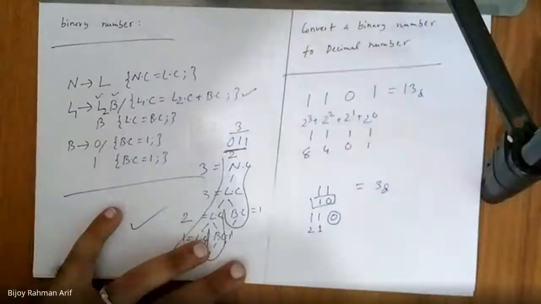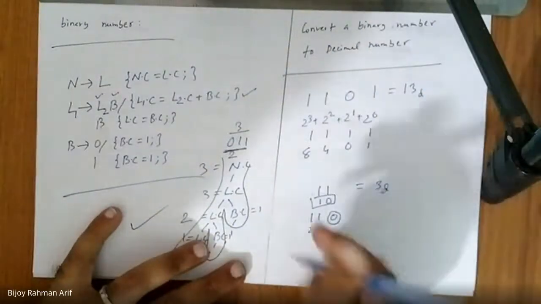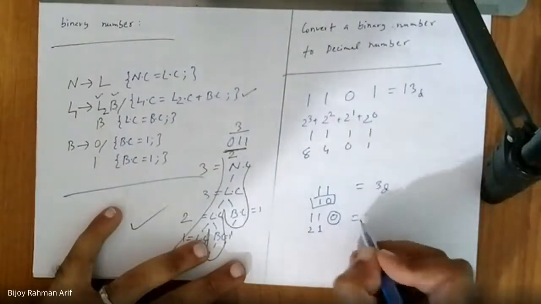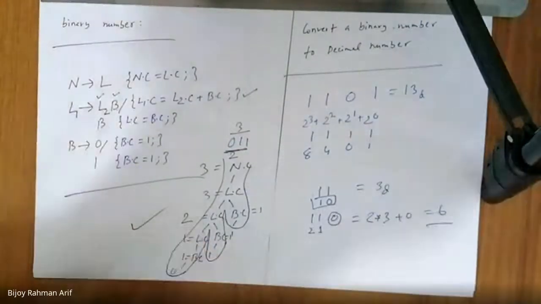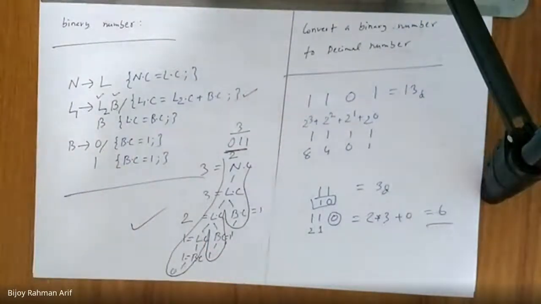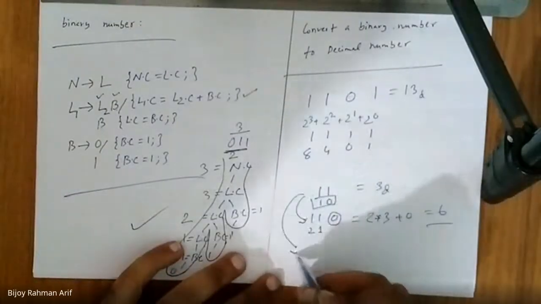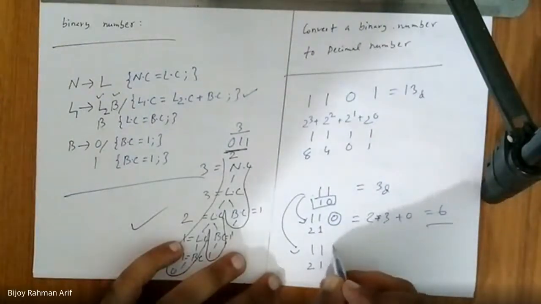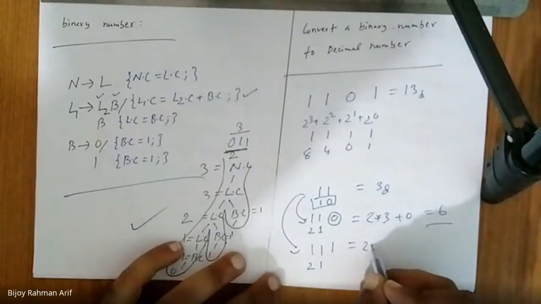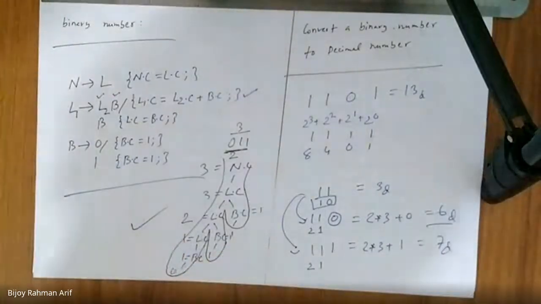Now when you shift the binary bits to the left, what is the effect? We multiply everything with 2. So I can at once say the equivalent is 2 star 3 plus 0, equal to 6. Do you agree with me or not? Yes, sir. On the other hand, if we take this, we shift one bit, so this becomes 1, this one becomes 2, and if we add a 1, I can at once say it is nothing but 2 star 3 plus 1, which is 7. Do you agree with me or not?